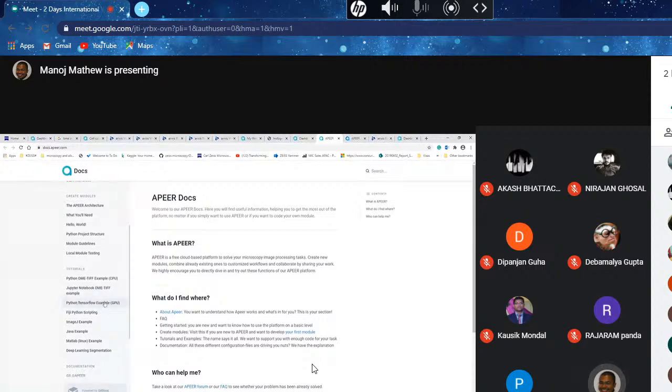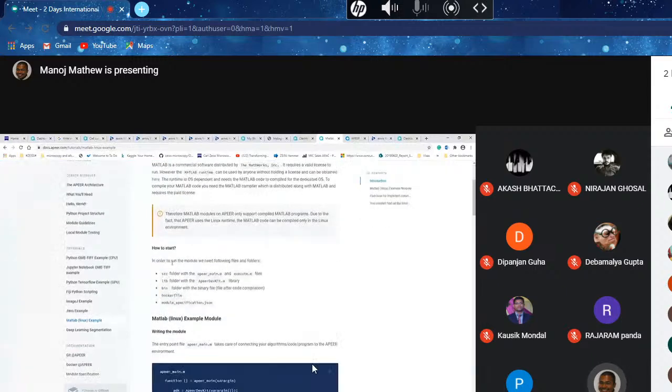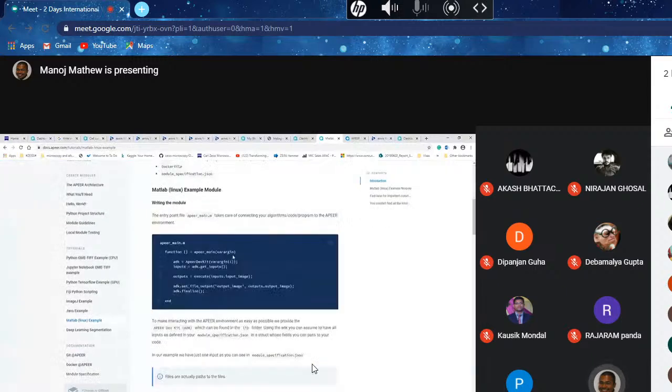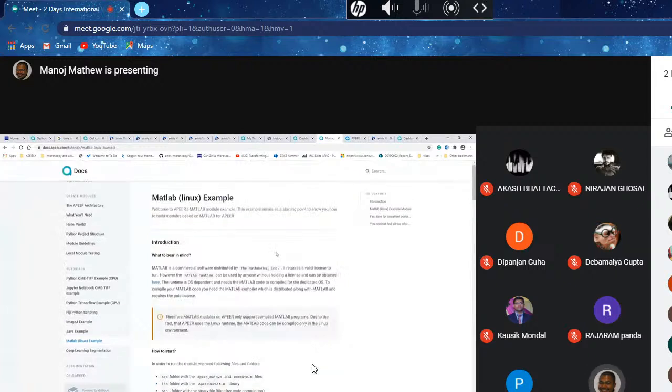You can create machine learning based modules using TensorFlow. You can use ImageJ or Fiji to create a module. You can use Java to create a module. You can use MATLAB to create a module. And all the examples are provided here. So if you're a programmer using one of these programming languages, please do go ahead, try creating a module, and then you could even choose to make it public if you think that module is useful for the rest of the